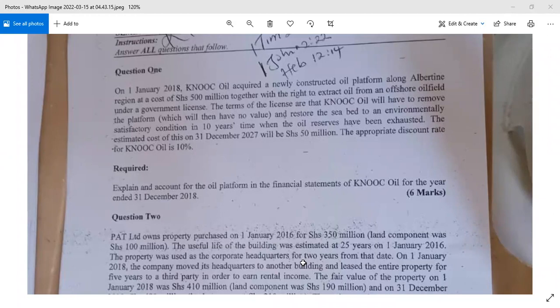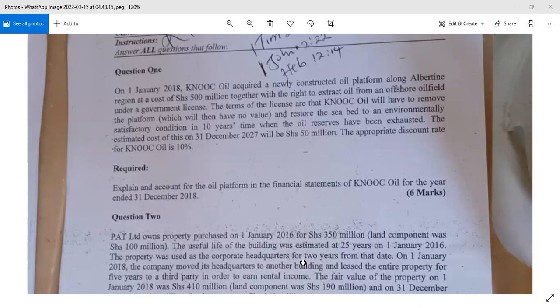A provision for restoration costs. You have not incurred it immediately. It's an estimate that you expect to spend, and therefore you make a provision for it. That's being prudent: you are aware that you have a cost to incur in the future, so you should provide for it. It's usually a form of liability, just to be specific. You recognize the liability. So those are the entries they wanted.